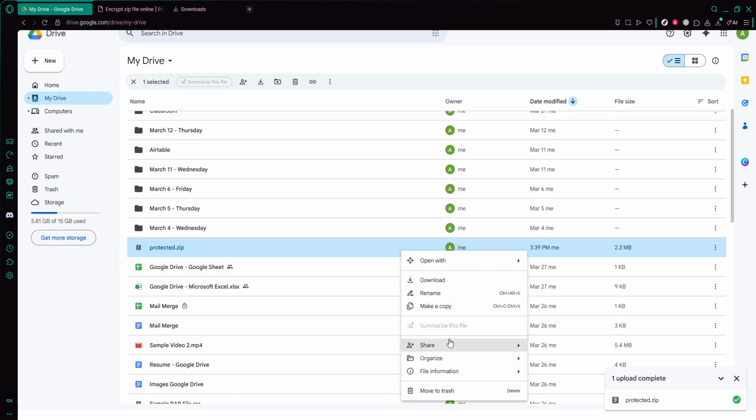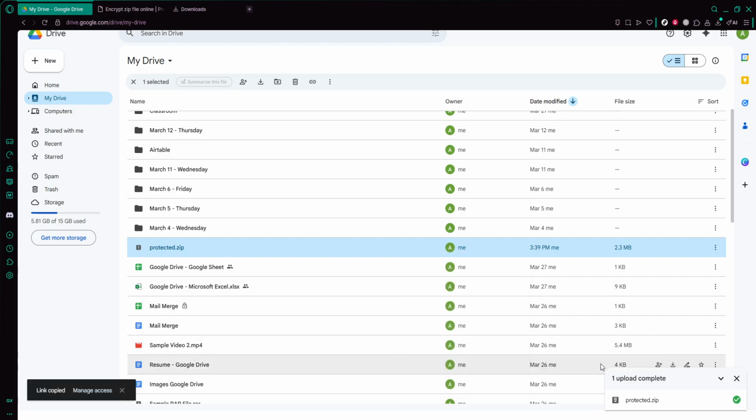When you share the password, do it separately from the Drive link for better security. For example, you might send the link in one message and the password in another, or share the password verbally. As long as you keep that password safe, your file will be much more secure. Even though it's stored and shared through Google Drive,